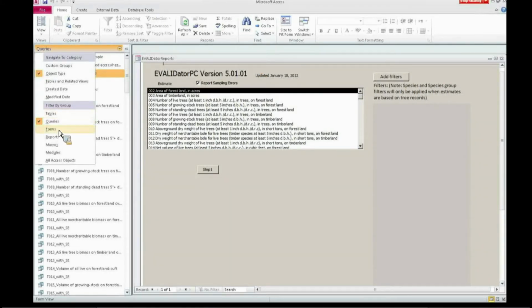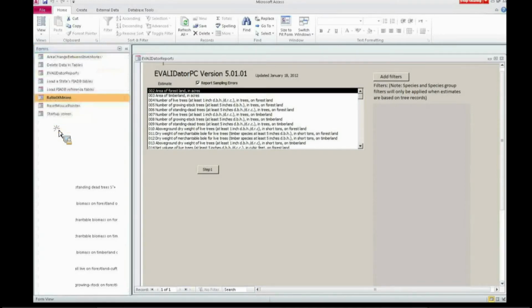Within this object called forms is where all the tools are. Right here near the top is the EVALIDator reports, which is already open. You can delete all the data in the tables, which would be handy. That's what you have to do if you want updated data. It might be easier to download a new Access database, but if you have queries already in there that would work on updated data, you can get rid of the data, and then down here is load a state's data. So you can reload the state's data,